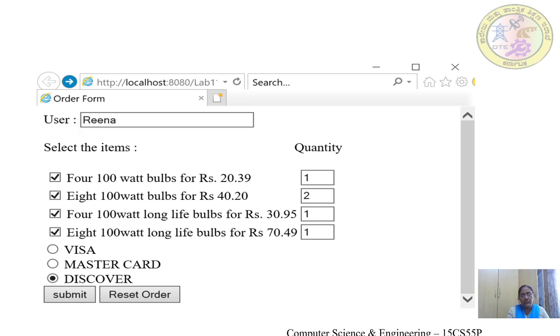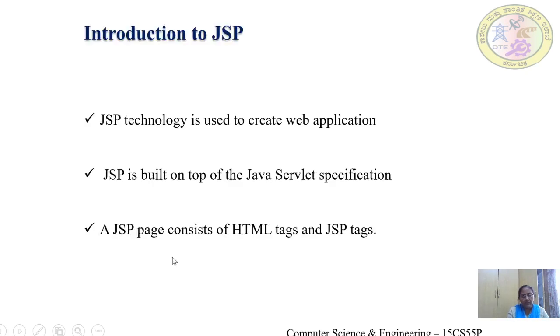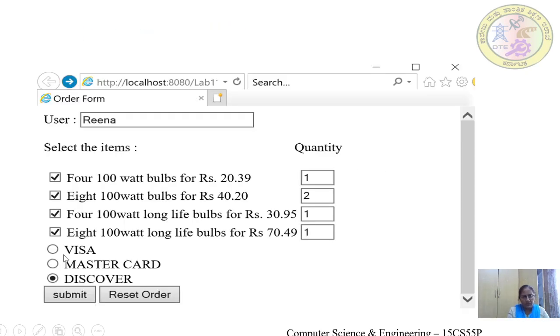And the user will be given an option to enter the quantity for each item in these text boxes. There are 3 options given for showing the payment type given by the user. Then once you click on the submit button in this form, it will call a Java server page which will process the form, calculate the total bill, add 13.5% VAT to that, and then display whatever the user has selected and the quantity he has entered onto the screen.